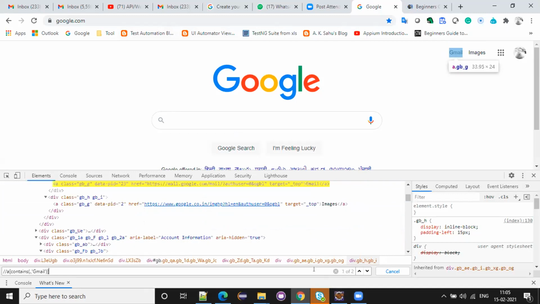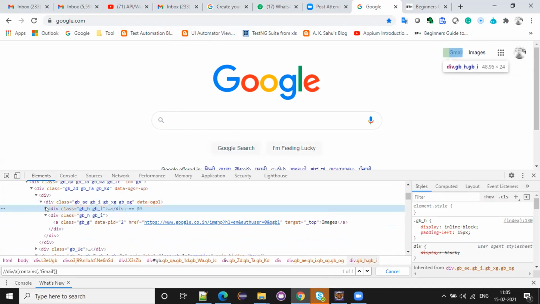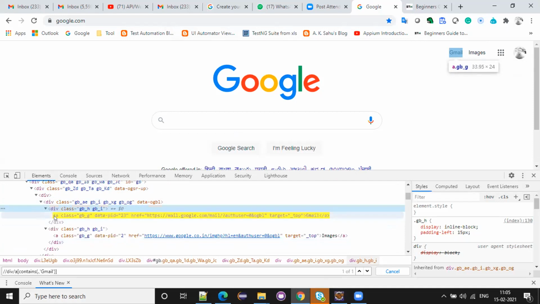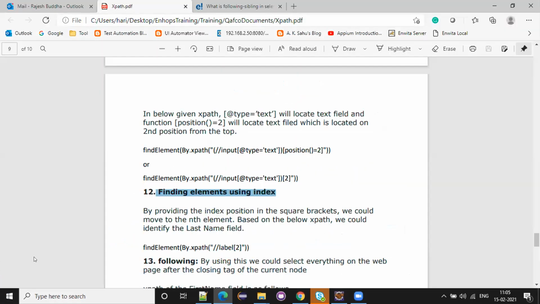I want the first one, not the second. Here, what is the tag name? Div. So I started with the div, then I started with the A. So I wrote the XPath from here to here and here to Gmail. Okay, that's clear. Okay, fine.